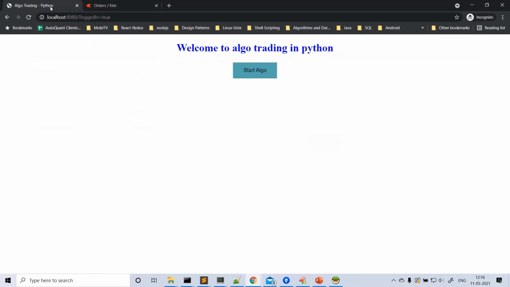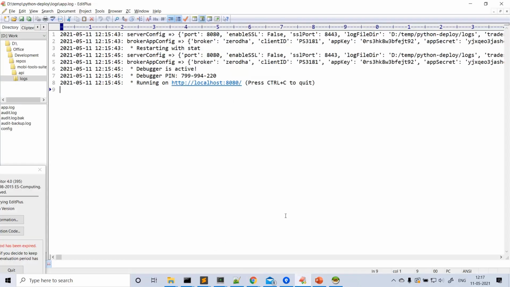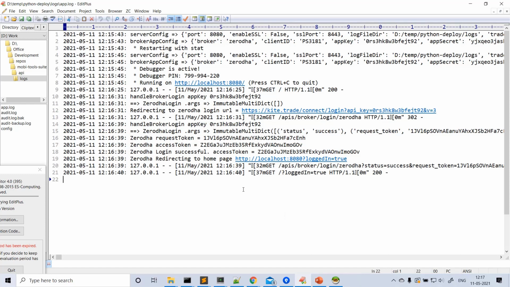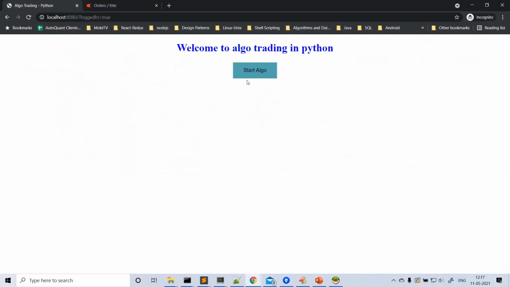When I click the start algo button, the sample strategy will start running and create the trades, and it will pass the trades to the trade manager. The trade manager will go through each trade and ask the particular strategy whether it should place the trade or not. If the strategy says yes, the trade manager will place the trade. After placing the trade, it will keep tracking the trades every minute, and place the corresponding SL and target orders as per the applicable logic. Let me start the algo here. So far we'll just see the logs, what happened, see the token we got and all. The algo is not yet started here. I'm clicking on the start algo button.